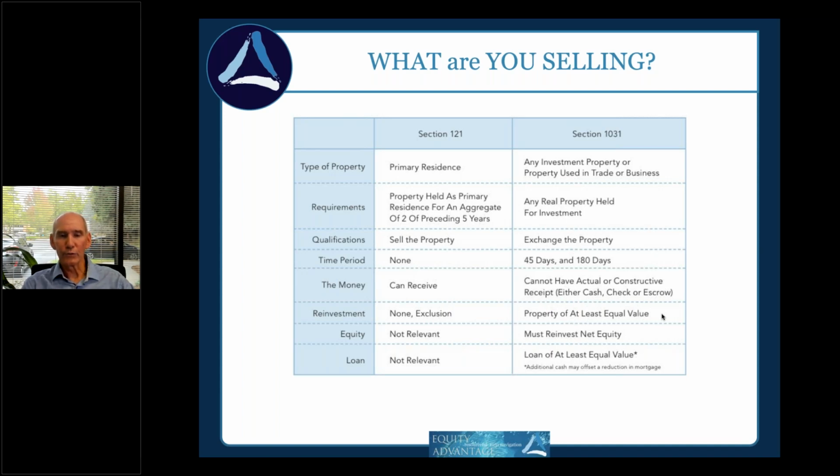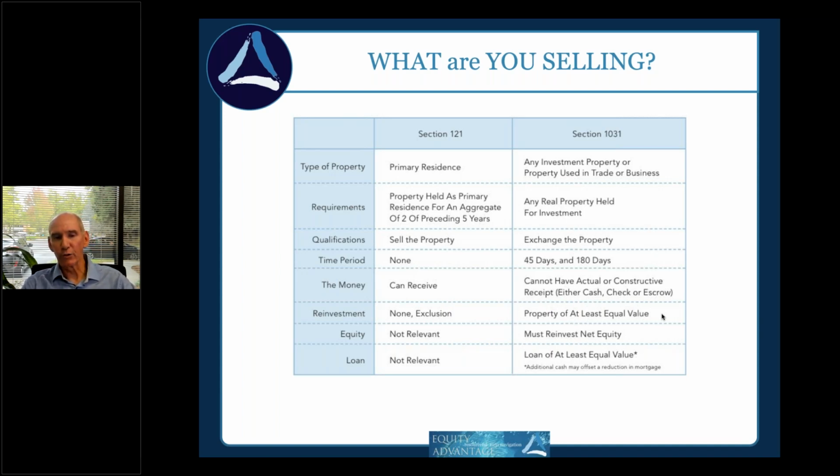You would also have a situation where maybe you had a property for investment, you haven't held it long enough to be able to do an exchange, or maybe you've got a primary residence that you've only lived in for a year or 18 months, and section 121 applies to property that you've lived in for 2 out of the preceding 5 years. Now, normally you're going to look at these 2 columns and think, okay, what is this property? But it's also possible a single asset could contain both of these tax codes.